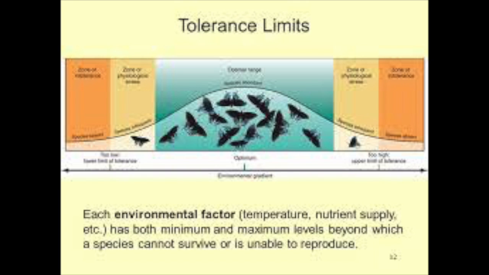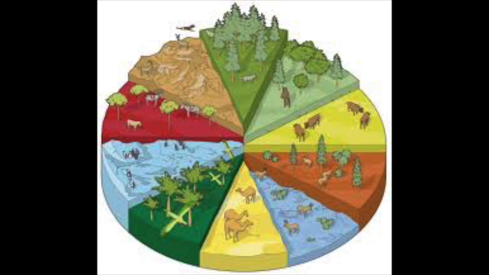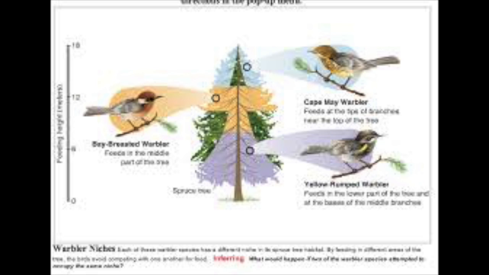Also, in nature, species have tolerance, which means the ability to survive a range of conditions under environmental circumstances. Depending on the species, it may have a different tolerance for heat or for humidity and so on. Depending on the tolerance, this helps determine a species' habitat, which is the general place where an organism lives. Organisms also have a niche, which describes basically the role of the organism in the environment.